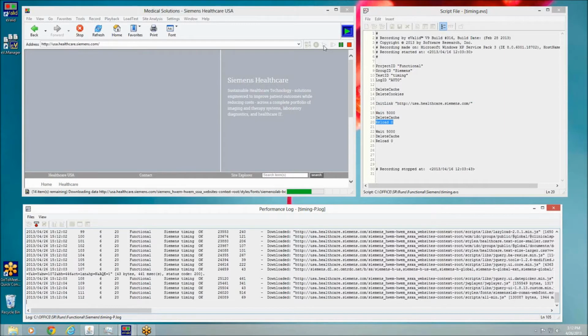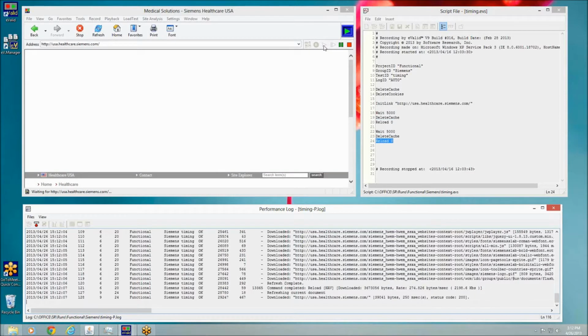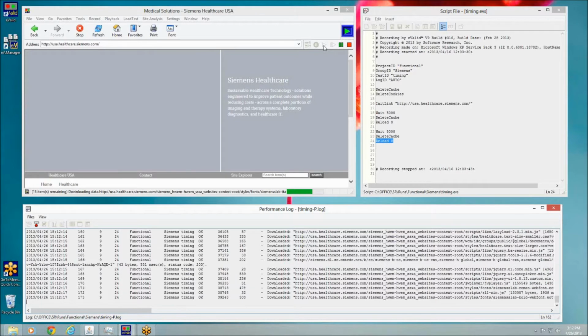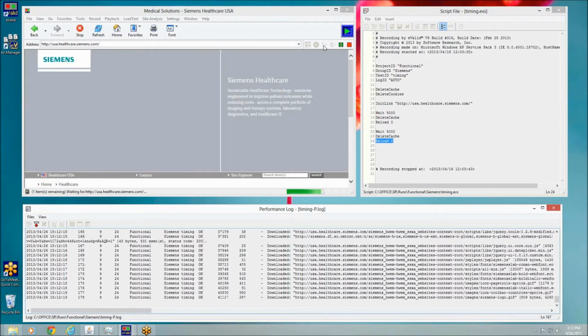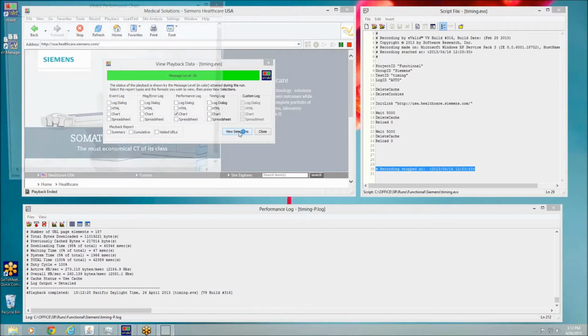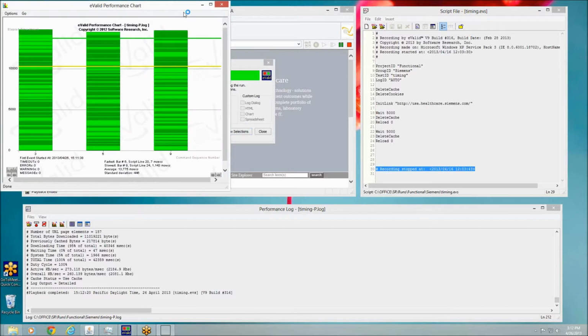Notice the script says wait 5 seconds or 5,000 milliseconds, delete the cache, and then reload the page. And at the end, we'll get a little report that says, what do we want to look at? And I want to look at just one thing in this playback. I want to view what's called the chart. This is the performance chart. And the performance chart, as you can see here,